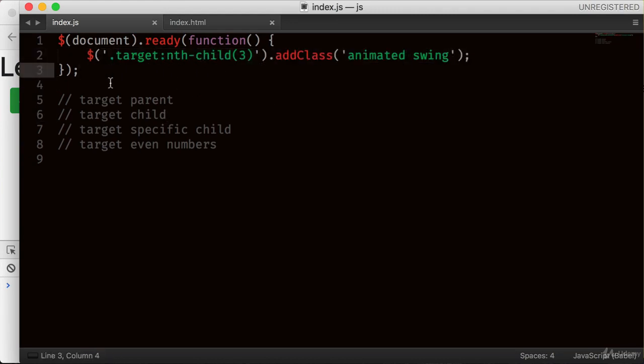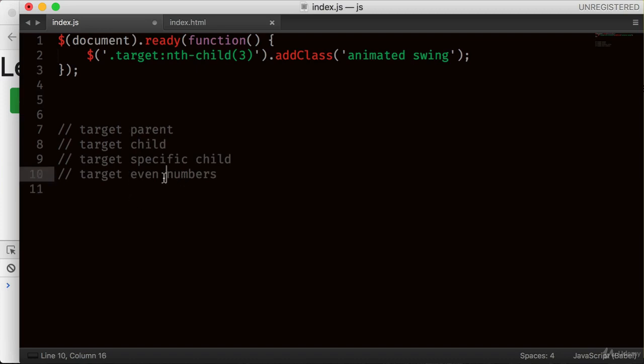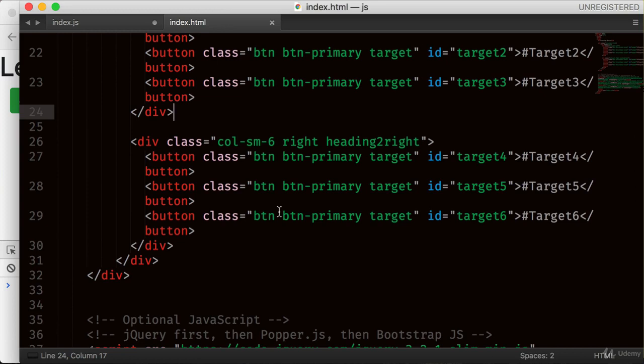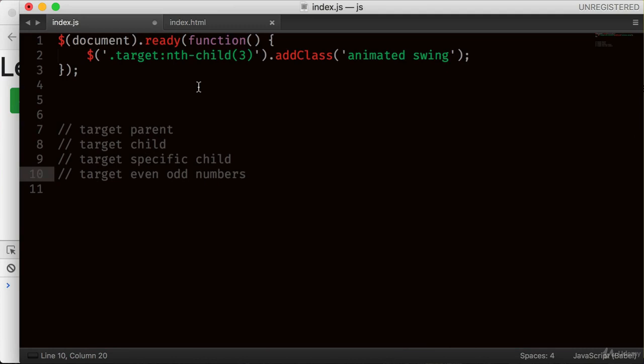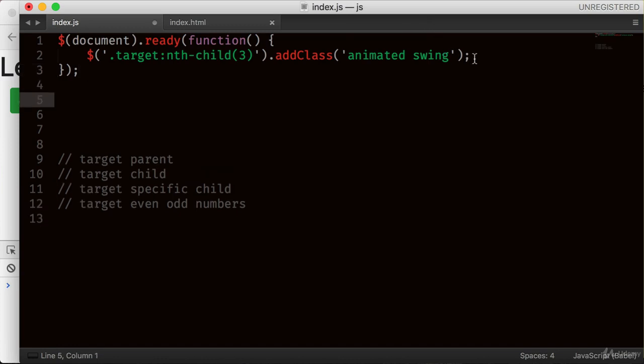All right. Now finally, let's try even and odd numbers. In your page, you can have a lot of elements sharing the same class name, but it especially becomes useful when you're working with tables. Every other row you want to give a different class name. So how do you do that? Let's try that. First of all, I want to target all the elements with this class name. In this case, it is target. Get all the elements that share this class name, and then take odd order, not even, the odd,